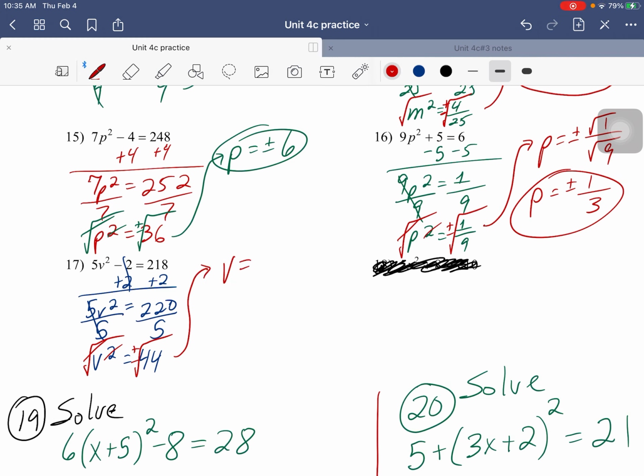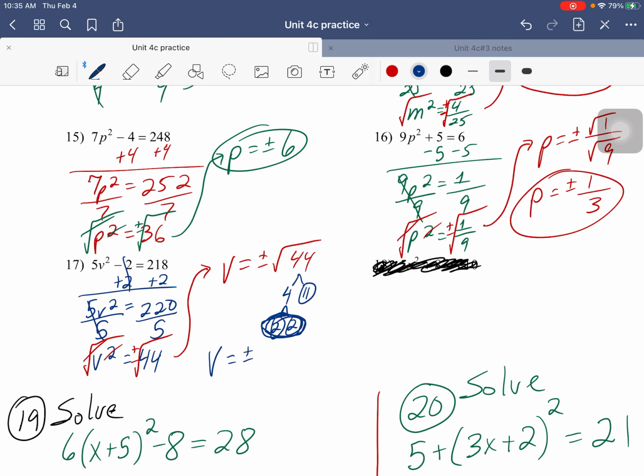Carrying it over, you get v equals a positive negative square root of 44. Anytime you have a square root of a number, you have to see if you can break it down and simplify that square root. So we're going back to simplifying square roots. And we have a pair of 2's here, so we can simplify it. So you're going to get v equals a positive negative